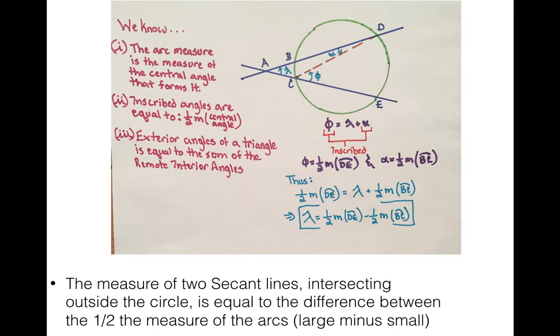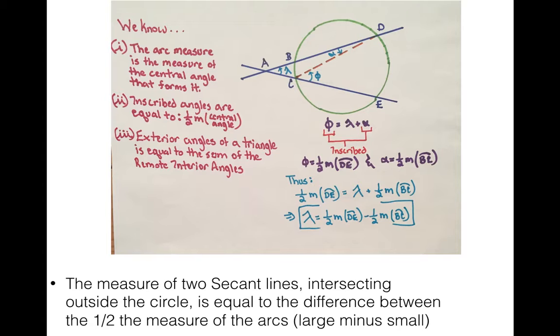This is our first concept, and just to reiterate, we know the things we know. The arc measure is the measure of the central angle that forms it. Inscribed angles are equal to 1/2 the measure of the central angle. And the remote interior angles theorem. This first concept is two secant lines